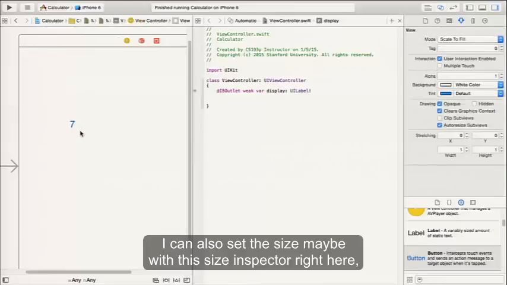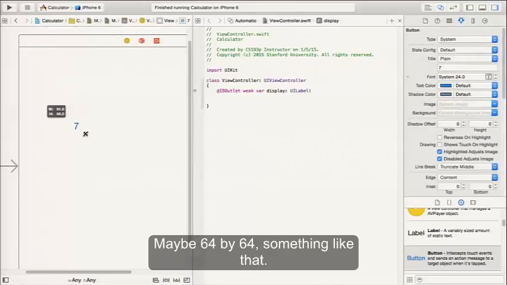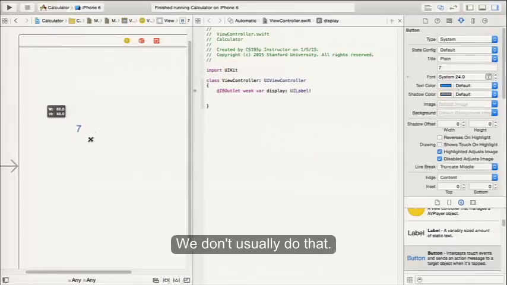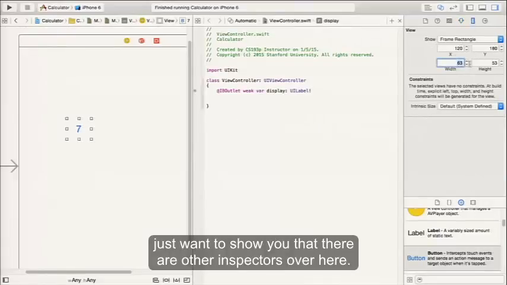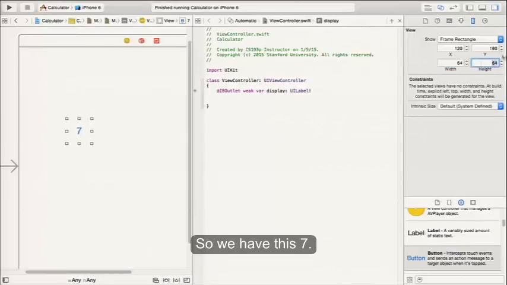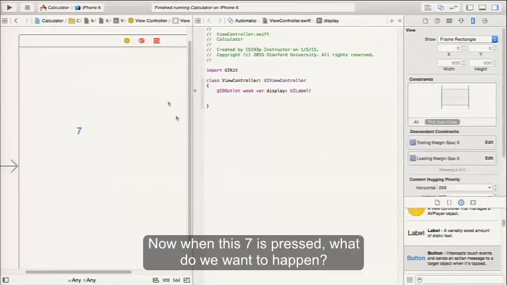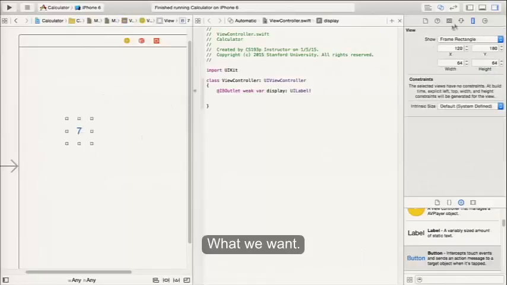I can resize. Notice that when I resize, it'll actually tell me the size. See it saying there what size it is? I can also set the size with this size inspector right here. Type it in exactly, maybe 64 by 64 or something like that. We don't usually do that. We want things to be kind of their natural sizes, but I just wanted to show you that there are other